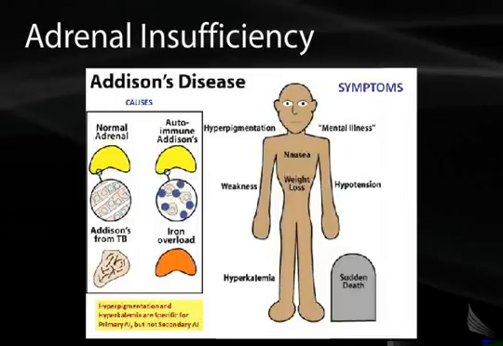The common cause of primary adrenal insufficiency, or Addison's disease, in the US is autoimmune Addison's disease, or autoimmune adrenalitis. In the rest of the world, the most common cause for Addison's disease is tuberculosis. So any process that can damage the adrenal gland, either by infiltration, a tumor, or autoimmune disease, can lead to Addison's disease. The main symptoms are nausea, weight loss, weakness, hypotension,